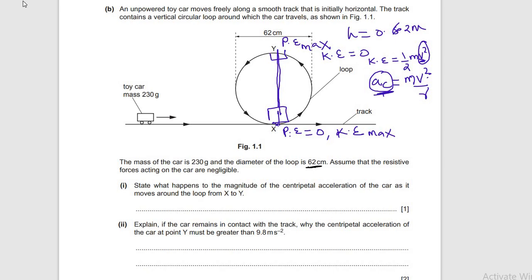So the question asks what happens to the magnitude of centripetal acceleration as the car moves from x to y. It decreases. That's the answer. If the question asks for the reason: because kinetic energy decreases. Once kinetic energy decreases, the acceleration also decreases. That's the simple truth. The second one,